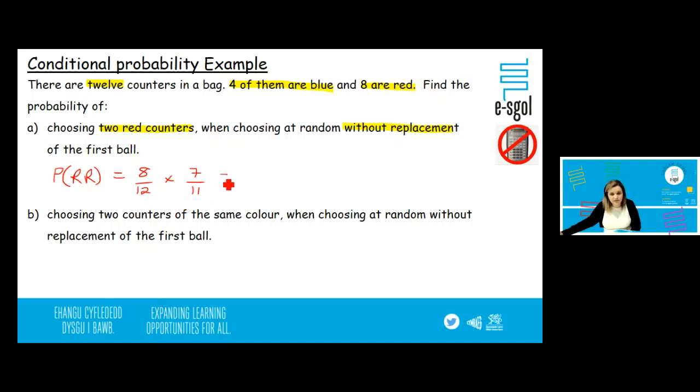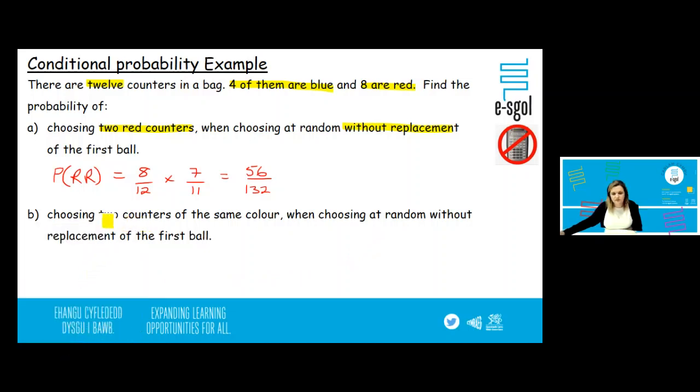Then you're just multiplying those, just like you would along the branches of your trees. So 8 multiplied by 7 is 56, and 12 multiplied by 11 is 132. And we're finished. Okay. So part B,